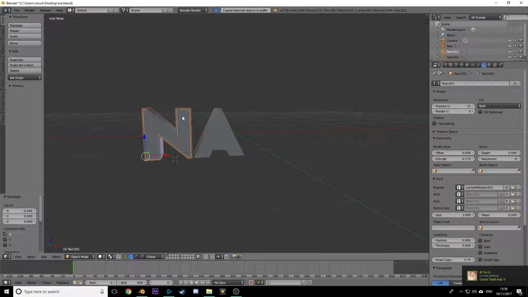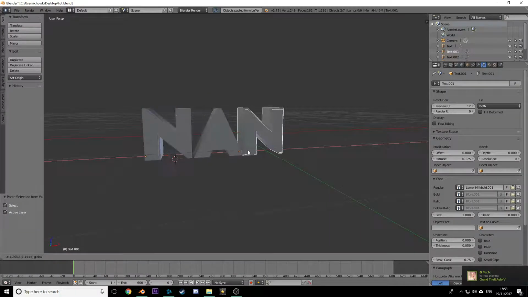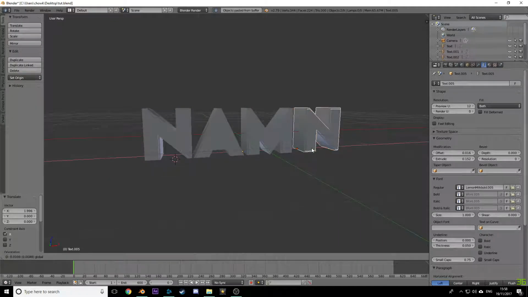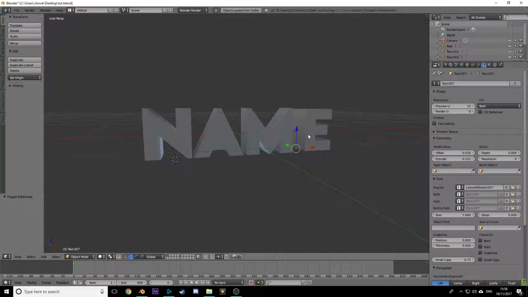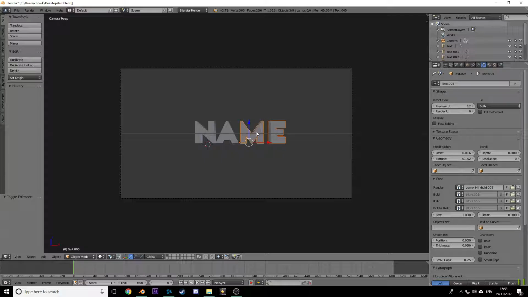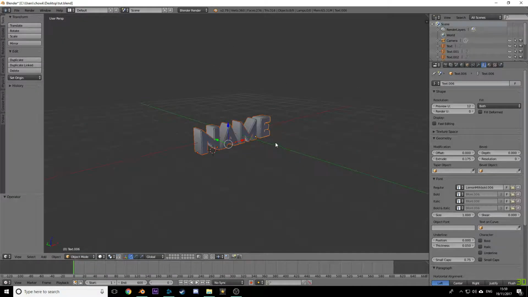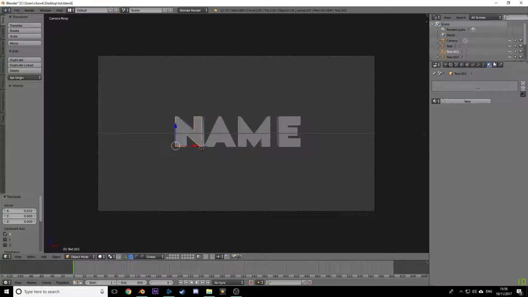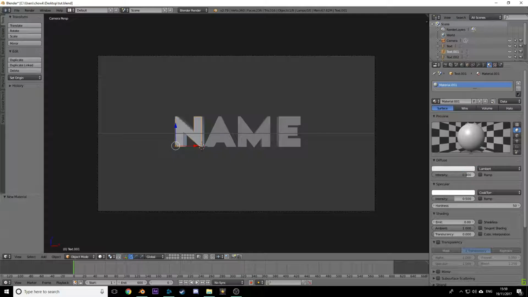And then you see Control C again on that one, and then you hit Control V. And then M. And you want to just spell out name, just do this. There we go. So now we have the text. This looks pretty nice. I'm going to hold Shift and right click them all, just to drag them all, and I'm going to make them a bit closer. There we go. Now I'm going to right click one of the text and click the material tab, new, intensity up,